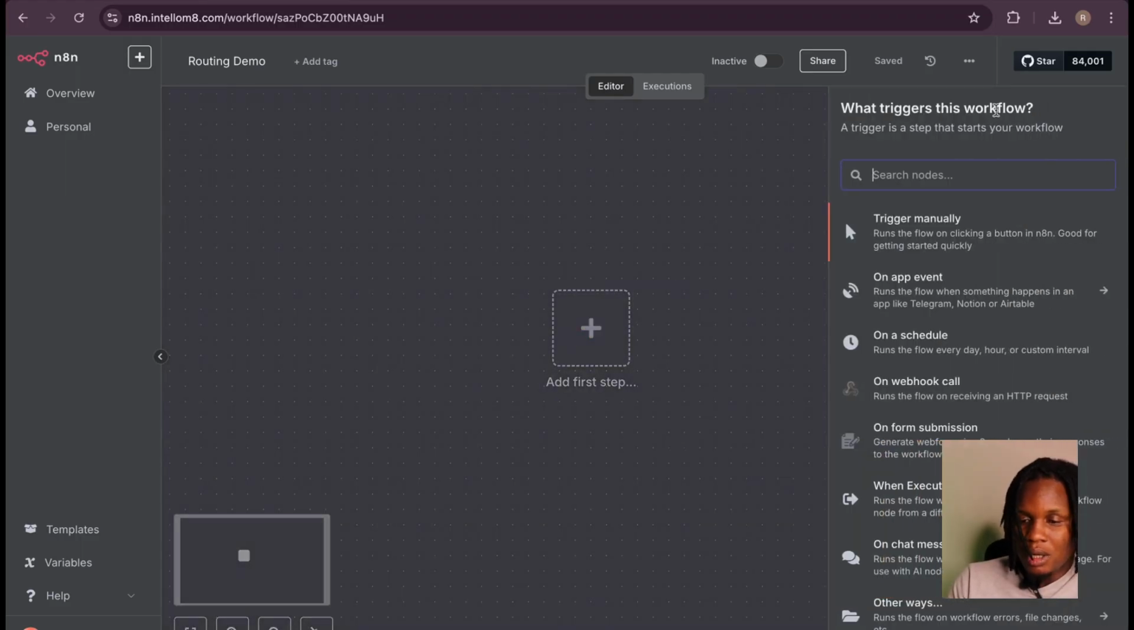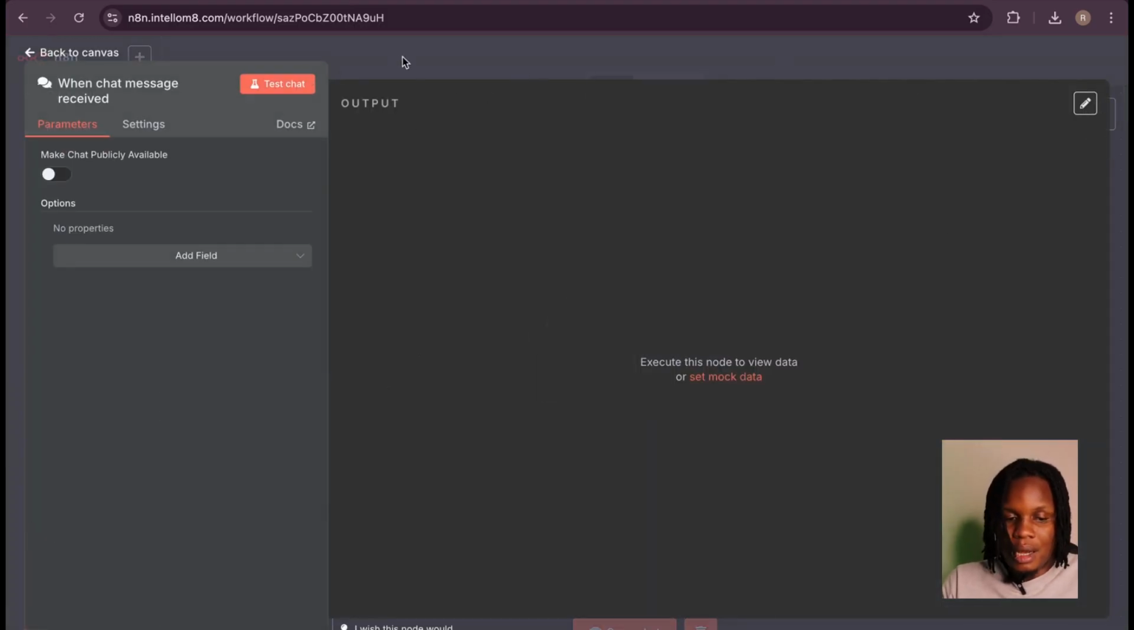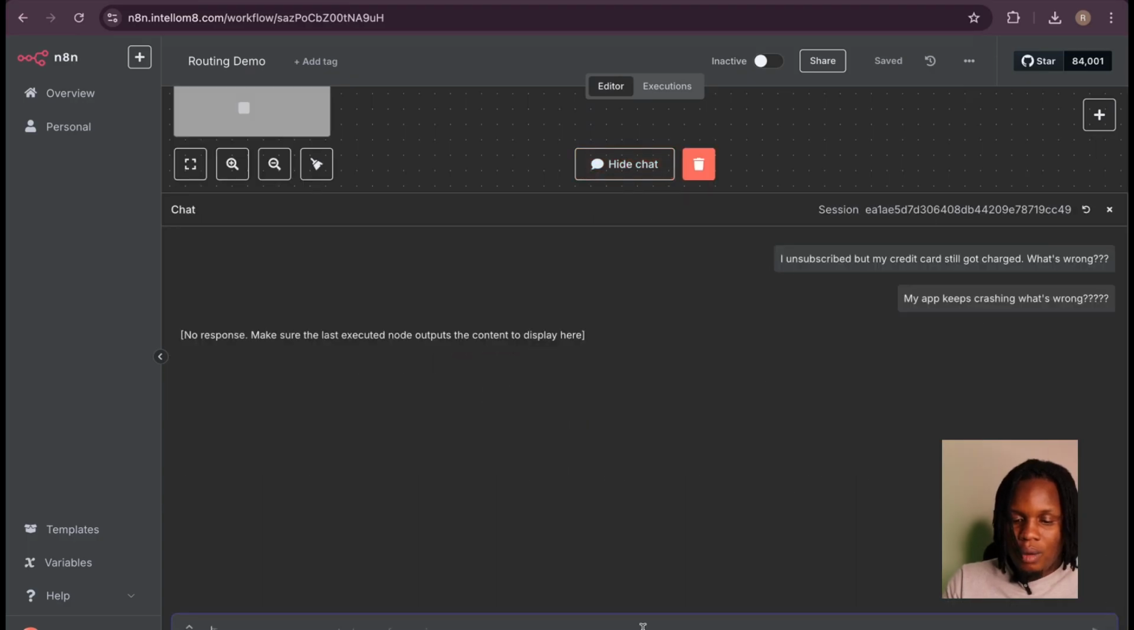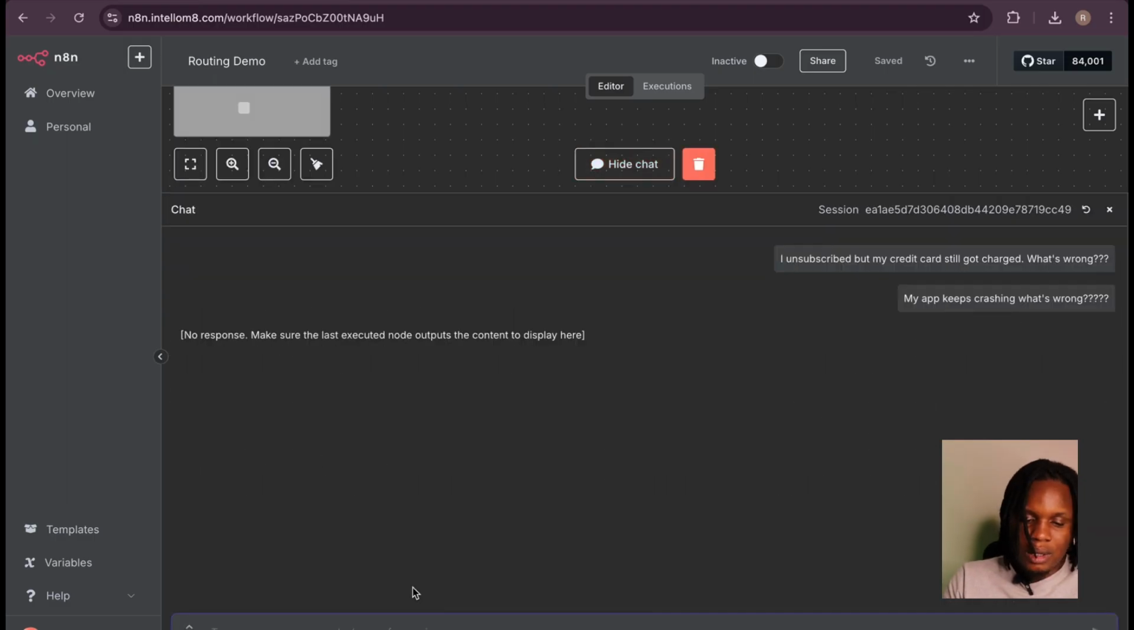For this particular workflow, we're just going to use a chat trigger so that we can send messages to the LLM. Like, for example, say I want to say that I have a billing issue. As you can see, you could click on open chat, or you could click on open chat here. This one only pops up when you hover over the node. So I just click on that and I say,